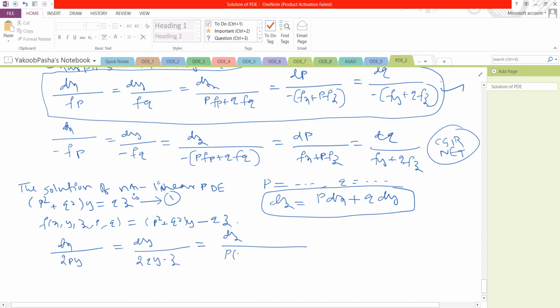P into fp we already know is 2py, q into fq is 2qy minus z, is equal to dp by